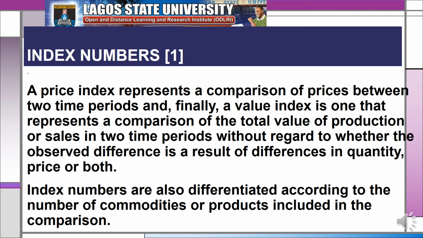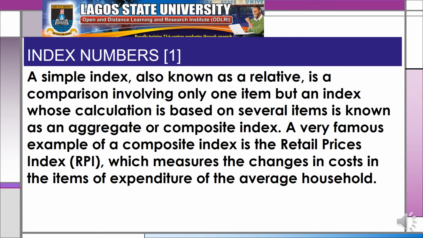And finally, a value index is one that represents a comparison of the total value of production or sales in two time periods without regard to whether the observed difference is as a result of differences in quantity, price, or both. Index numbers are also differentiated according to the number of commodities or products included in the comparison. A simple index, also known as a relative, is a comparison involving only one item, but an index whose calculation is based on several items is known as an aggregate index